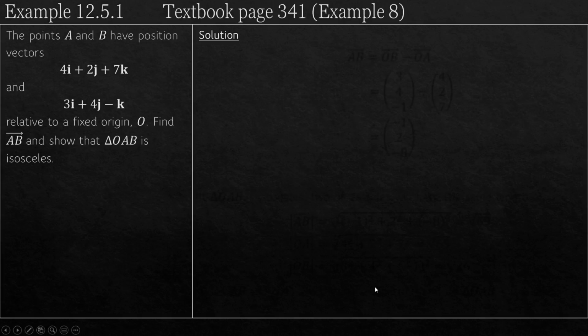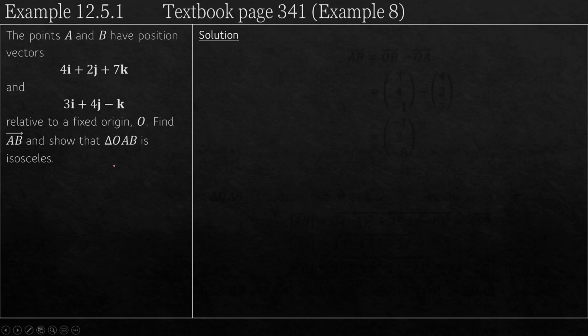In this example, we have 2 points A and B whose position vectors are given here. Position vectors are always given relative to a fixed origin, which we often call O. Our first task is to find the vector going from A to B, and then show that triangle OAB is